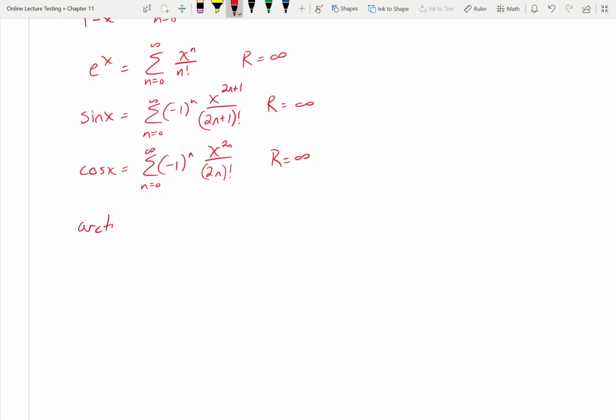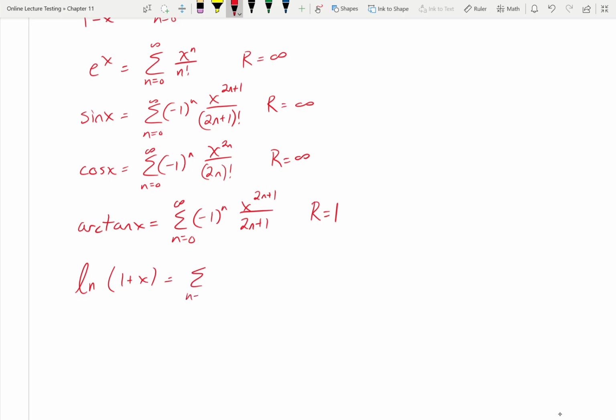Arctangent, which we talked about last class. The series as n goes from 0 to infinity of negative 1 to the n, x to the 2n plus 1 all over 2n plus 1. Its radius of convergence is equal to 1 though. That's something that you have to be careful about for this. It's very similar to sine, except it does not have a factorial in the denominator, and also its radius of convergence is 1. Another one that we established is the natural log of 1 plus x, which is equal to